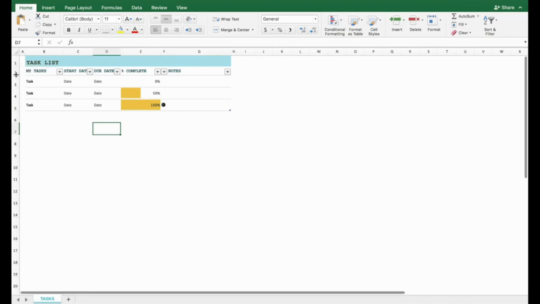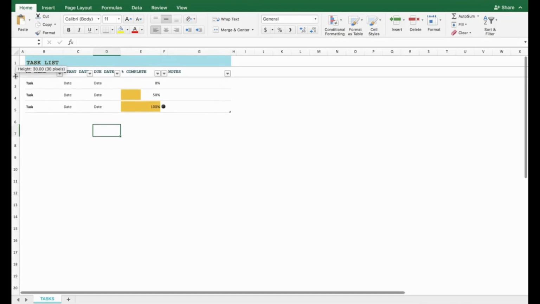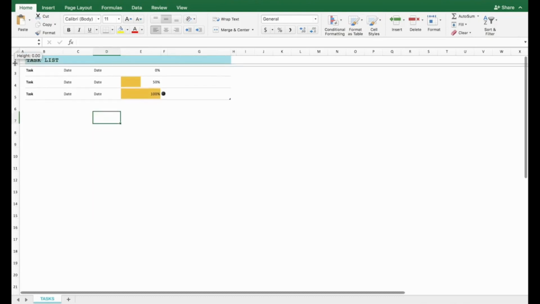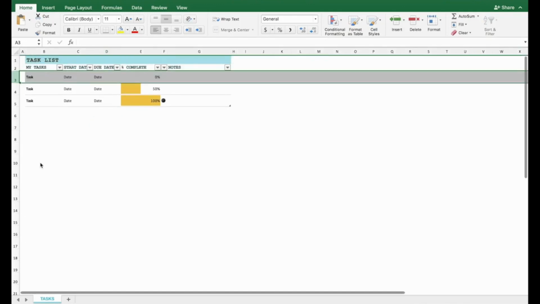If you would like to adjust the height of a row, all you have to do is click on it like that, drag down. That's going to increase the height or the pixels, and same thing, you can also shrink it to where it's almost invisible, but it's still there. Another way to adjust the height or the size of the column